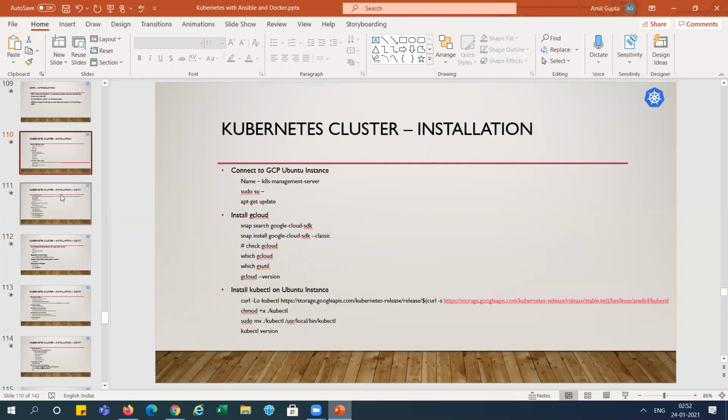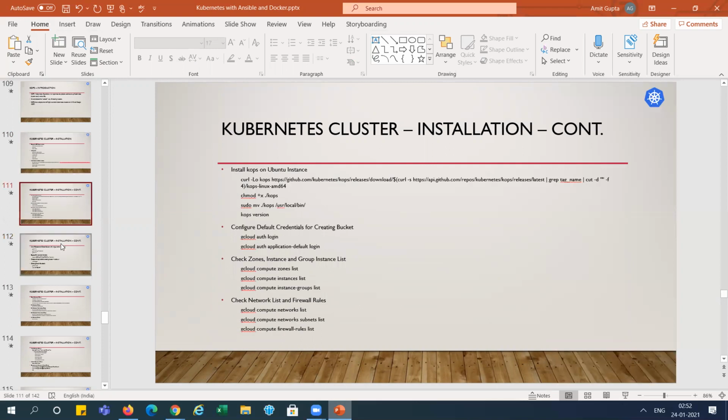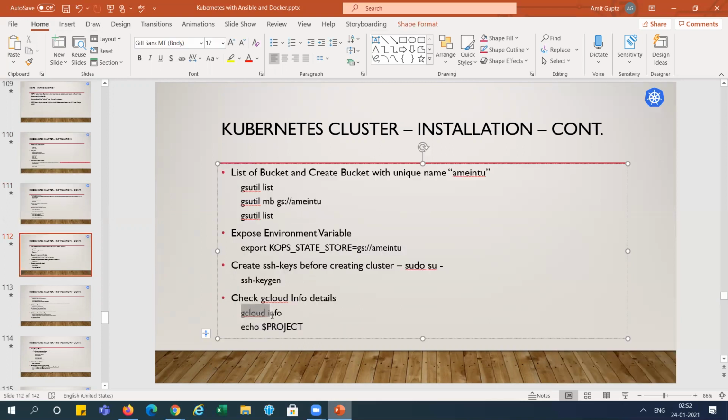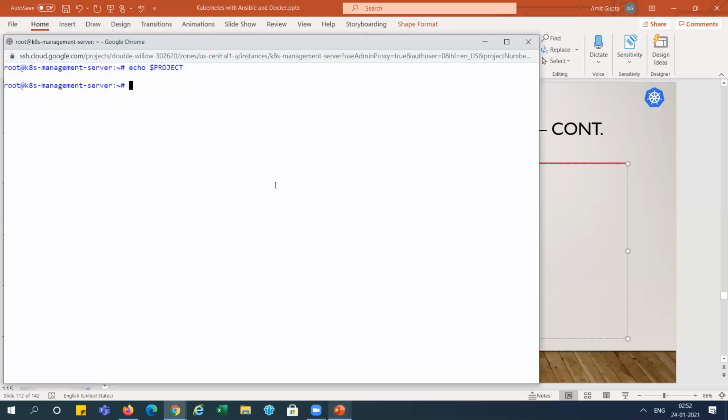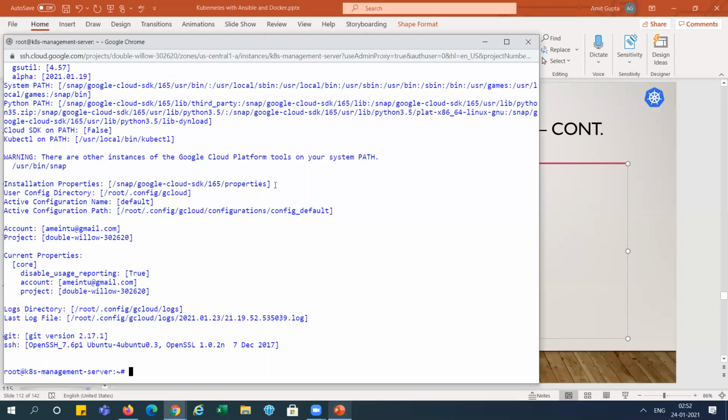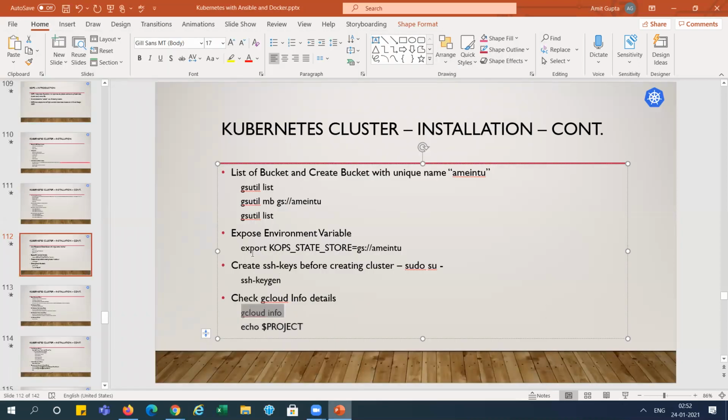Maybe in a later slide we will do it. And you can see gcloud info. If you want, we can see. This is information about our Google Cloud account. You can see the account name is this one. I am using this project, this one, right? And we will set this project, right?